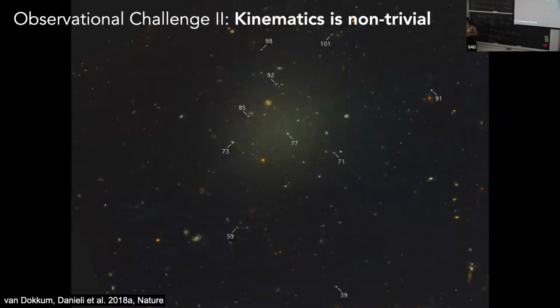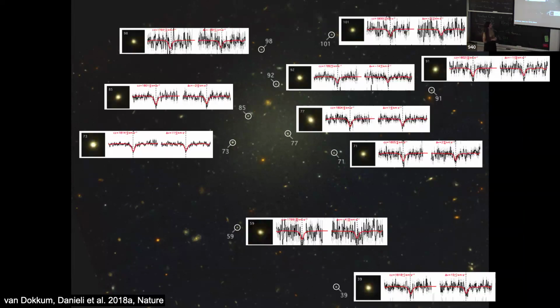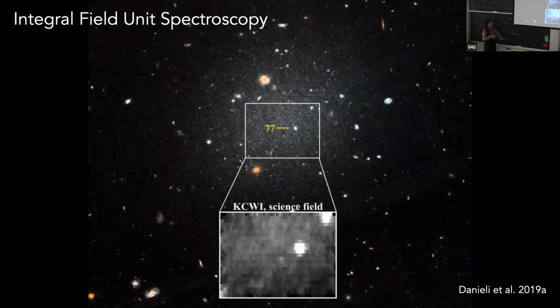So a few ways to do it. The first thing that we did is that we realized that a lot of these galaxies have these dots, and these are globular clusters. And so we went and got spectra of many of these globular clusters, and indeed, in many cases and in many galaxies, they were associated with or gravitationally bound to the galaxy. So you can calculate the velocity dispersion and get some estimate of the dark matter. And this all happened at the same time, when a lot of these integral field unit spectrographs came online.